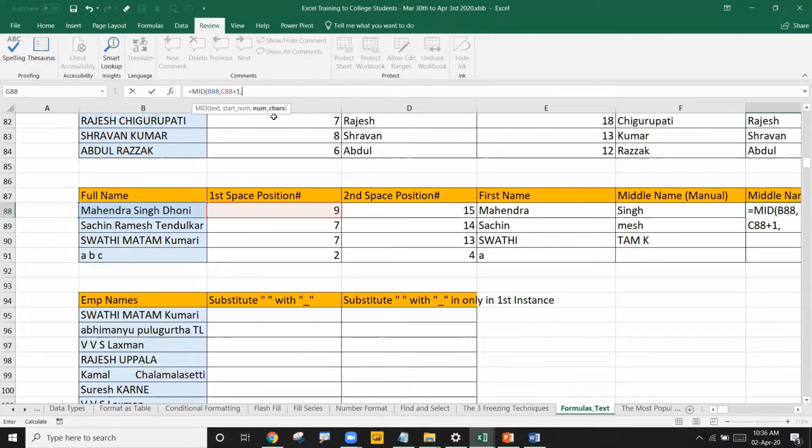Remember, for Singh we wrote 5. What is Ramesh? We need to write 6. So what is the logic we need to build? Can you guess, online guys?